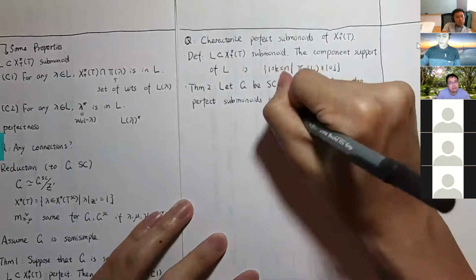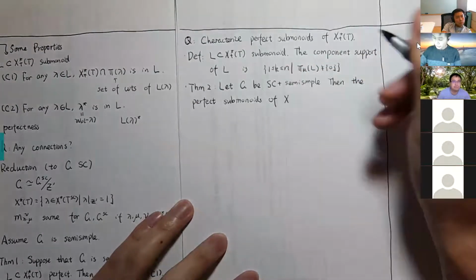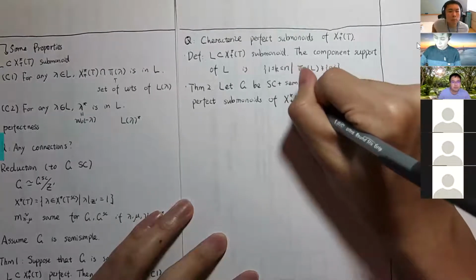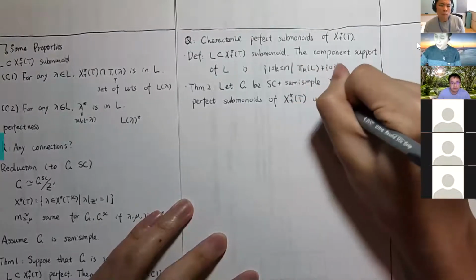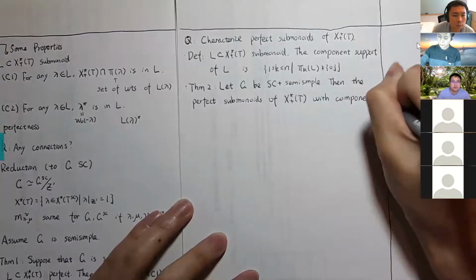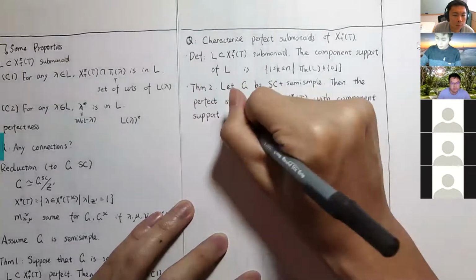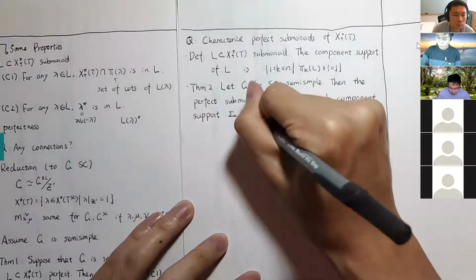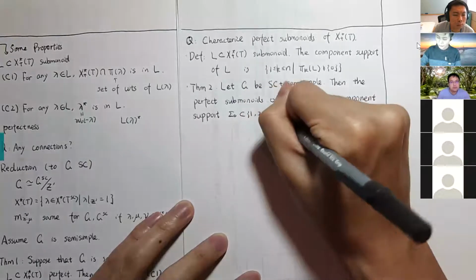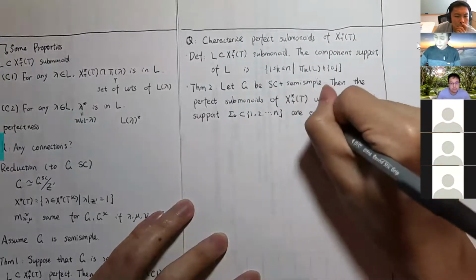So I'll just talk about the simply connected case. Then the perfect submonoids of the dominant weights with component support sigma_0, which is a subset of 1, 2, until n, that is the index set for components, are exactly